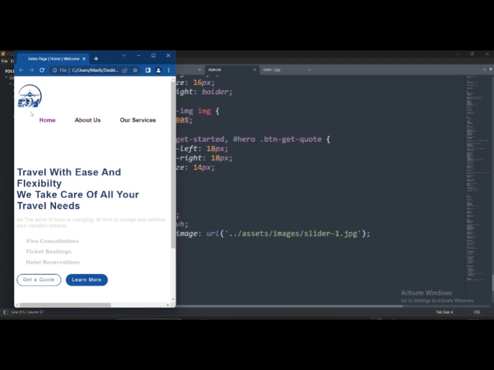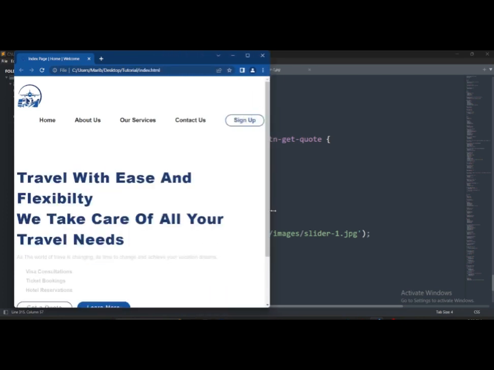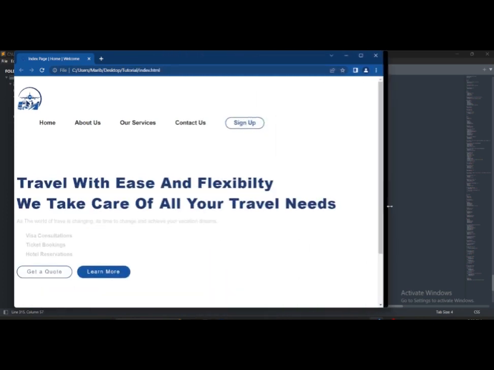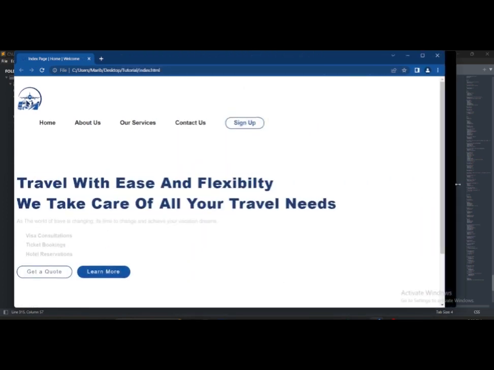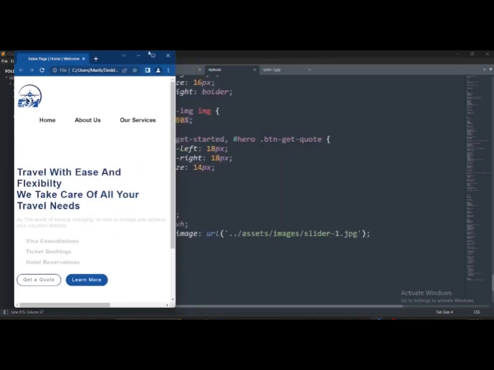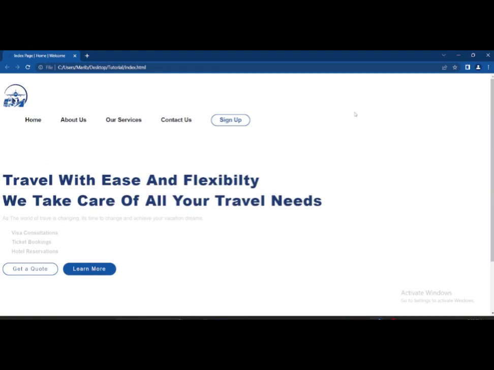But the only thing left is we've not worked on the NavBar for the smaller screen. For our NavBar, we've not worked on it. So we're going to go back and work on our NavBar. But for this part, for the hero part, you can see that the hero part is changing. So if the size of the screen is changing, you can see that the text also changes with it. You see that? So that's what media query does for you. Okay? So let's